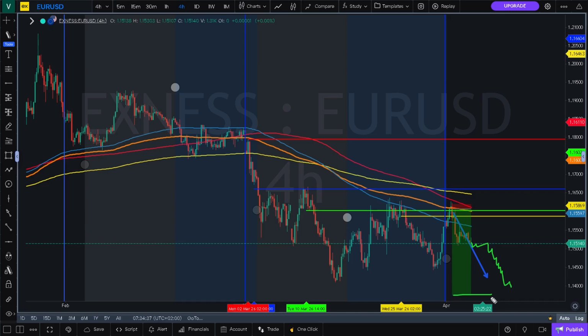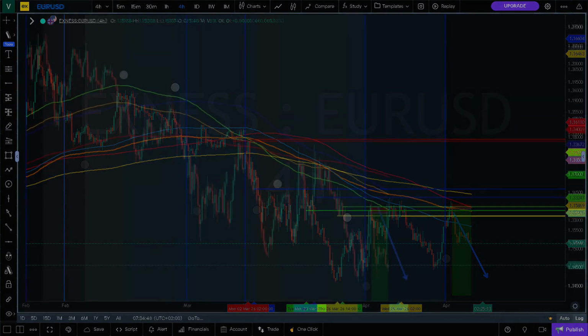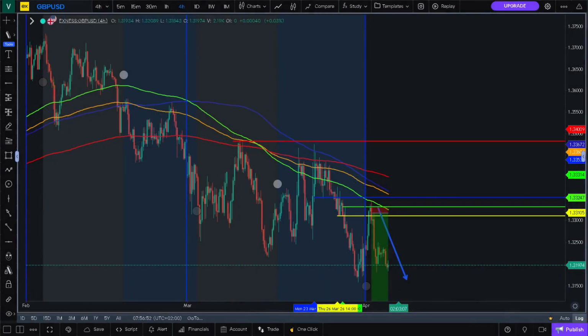All right, so this is the euro and the dollar for us. Let's go straight to the pound and the dollar to see what it has in store for us. So traders, with the pound and the dollar, very simply put, we did have this beautiful pullback retested, just like in any currency that we have discussed, which is the euro and the dollar plus the DXY.